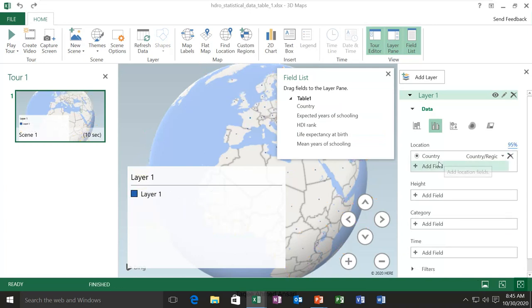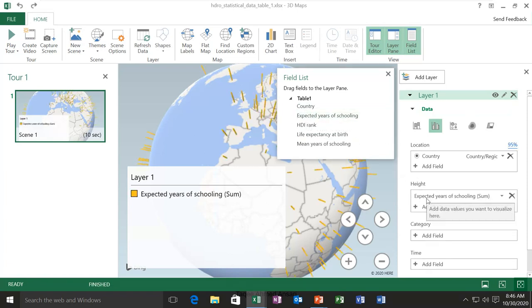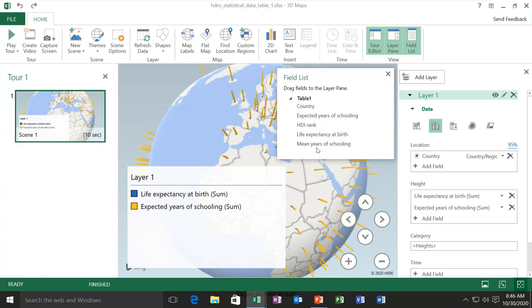By default it always selects the country column wherever it is, and these other columns you can also select, like height. For the height I will use this, and also this, and also this.